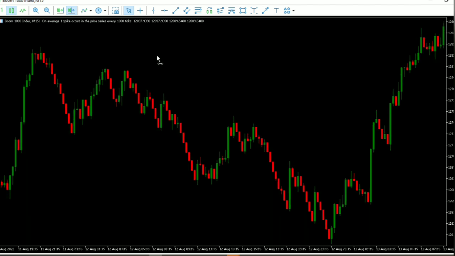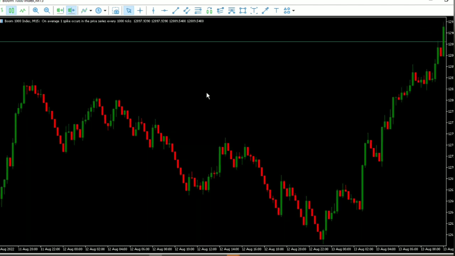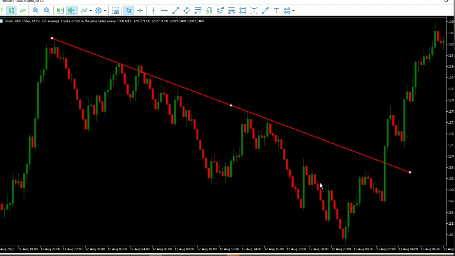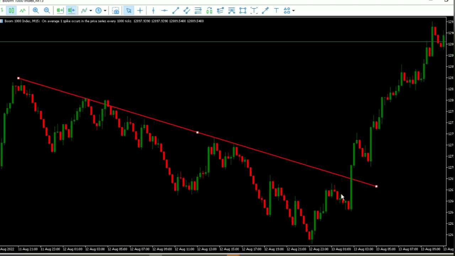So I will just implement any strategy that I implement with other synthetic indices or currencies. For example, I can trade a trend line breakout here at this point, because the reason why I like trading boom and crash is because once you get a breakout with a huge candle like this, the next candle that is going to come is almost going to be